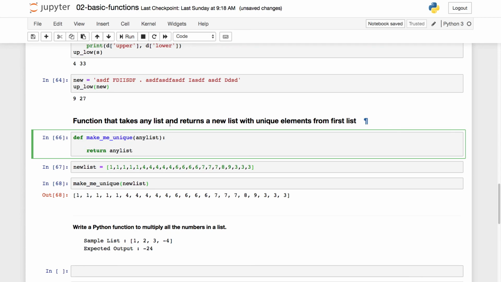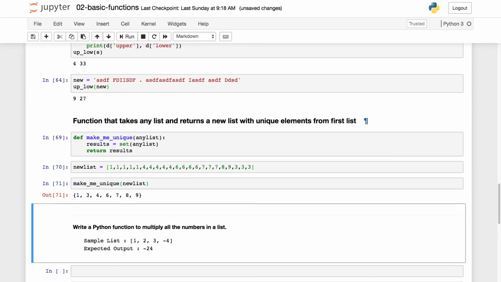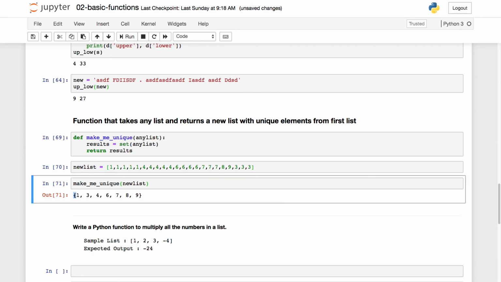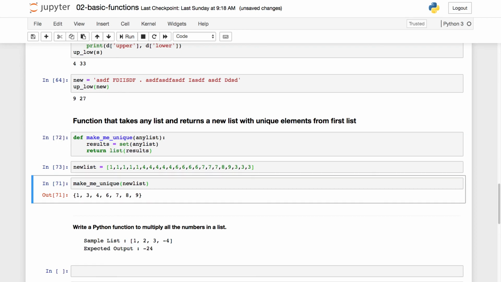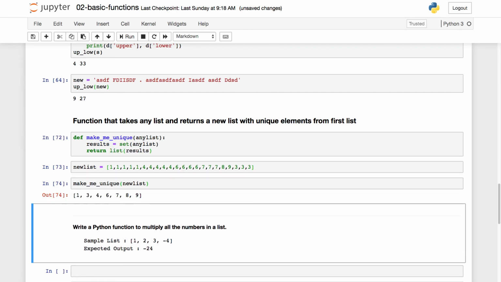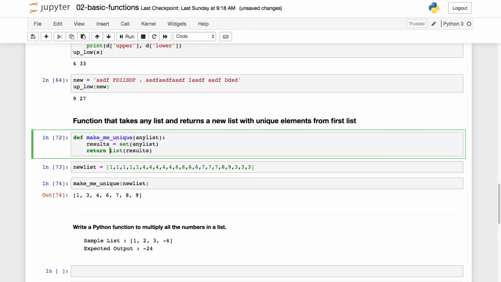So we could call something called results is equal to set any list, and then return results. And that automatically teased out all of the unique elements, but it still has these funky brackets on either side. So maybe we could turn it into a list, or if we wanted to get rid of them altogether, we could say, and see if I can do this by memory here,